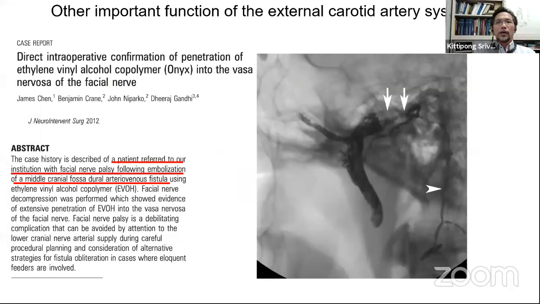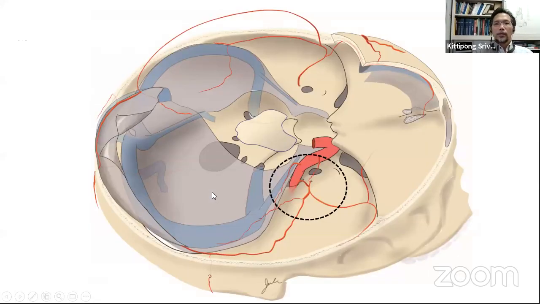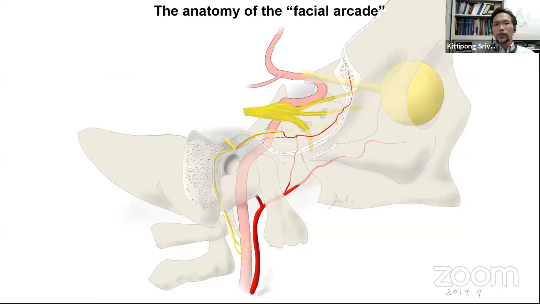So the last message that I want to give you, this is very important. Another report, they injected Onyx into the middle meningeal artery to treat a dural arteriovenous fistula, and they ended up with a severe facial nerve palsy. So why is that? You can see here the middle meningeal enters the skull here. At another angle, I give you this middle meningeal artery again, foramen spinosum entering the skull, anterior branch,